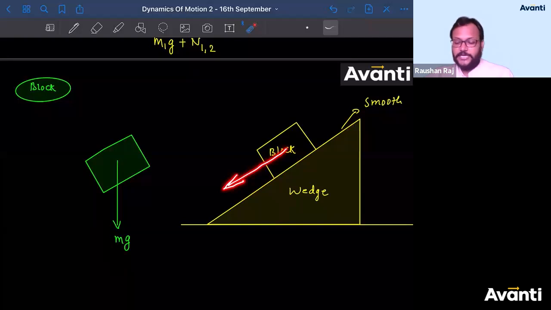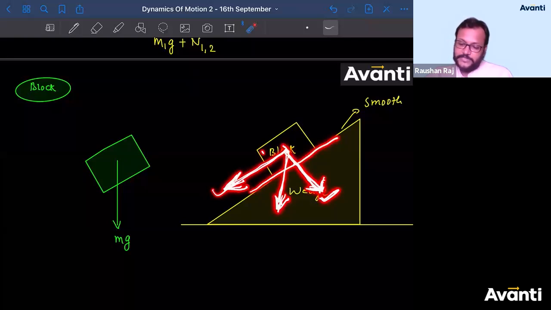So in which direction will the surface oppose the motion of the block? The tendency of motion is in the downward direction. So this motion can be divided into two components: one along the plane, the other perpendicular to the plane. So the combination of these two motions would be what? Downward direction. So this block can go freely in a direction parallel to the plane, but this block cannot go into the plane. It cannot penetrate normal to the plane. So what will happen? This block will experience a resisting force perpendicular to the surface of the wedge.